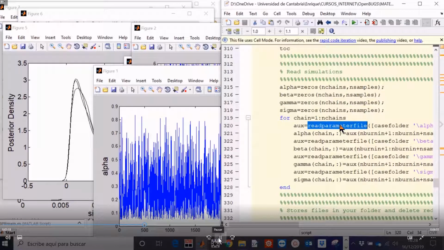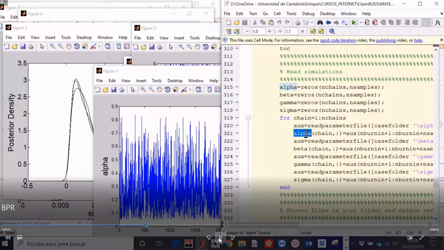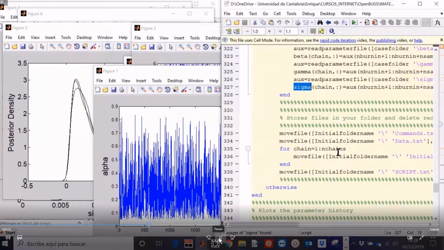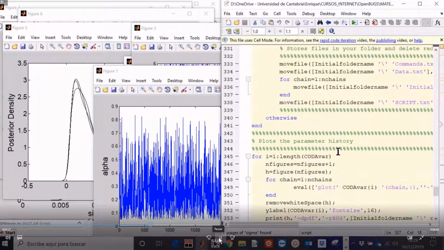And to do that, you have a procedure which is read parameter file, and you just copy from the file given by OpenBUGS to your variable for the different chains. In this case, we have 3 chains.